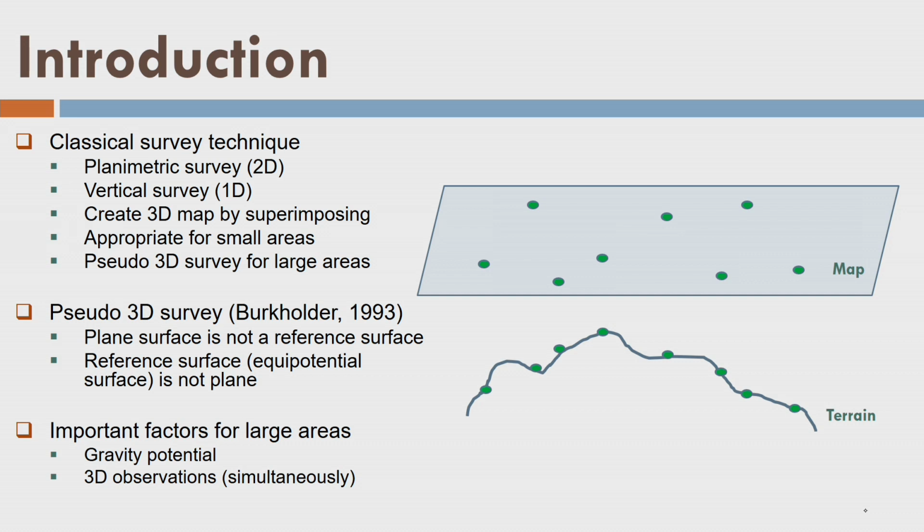Later I did vertical survey, that is a one-dimensional survey, and I collected the heights with respect to an equipotential surface. Since I do not have any idea of equipotential surfaces, I took the mean sea level, by observing the variation of sea level over a period of 19 years, and then I found out the average mean sea level.